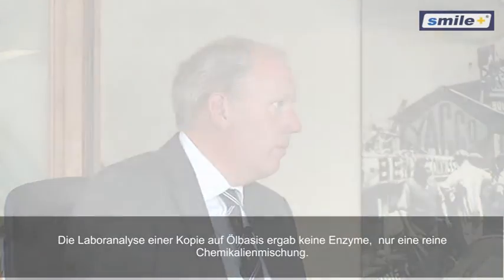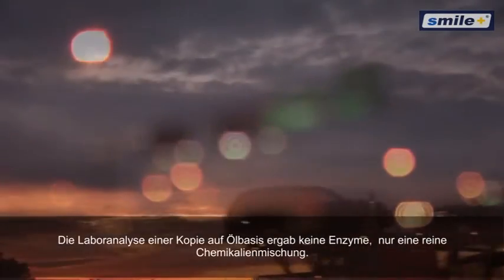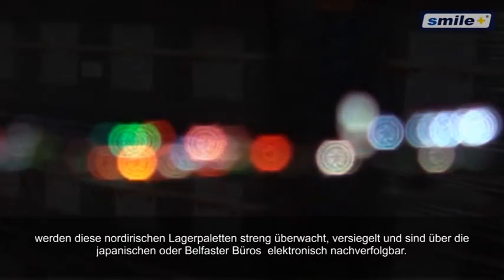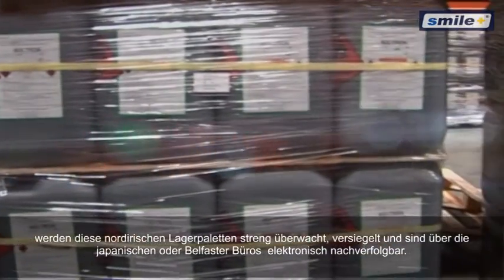Yes. Is there any method that people can distinguish the original from anything else that might come along as a copy? Okay, well, each container that we bring in is electronically traceable, so we can immediately establish that it's our product with any of our clients. With any end user? Absolutely. The lab report about one oil-based copy found no enzymes, only chemicals. Because of a plague of plagiarism, these Northern Ireland stockpiles are physically sealed and electronically traceable by referring to their